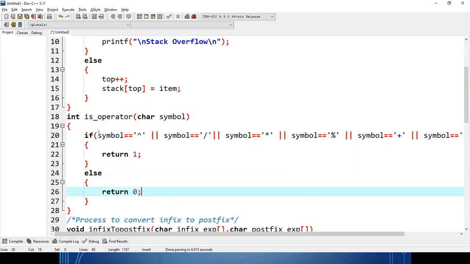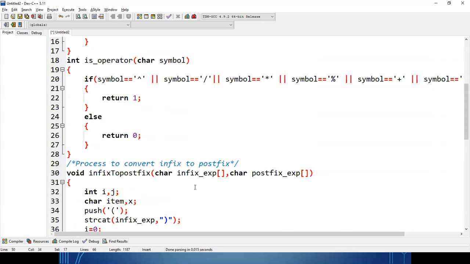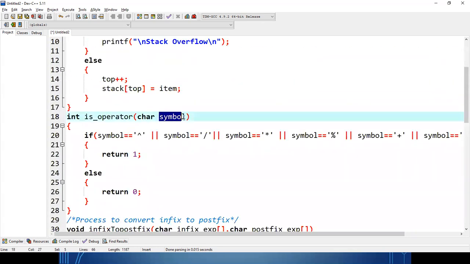Clear? So whenever I want to check whether the scanned symbol is an operator or not, I'll call the is_operator function by passing the character as the argument. It is received in the symbol variable, and then I check the conditions. If one is true, I return 1; otherwise, I return 0.